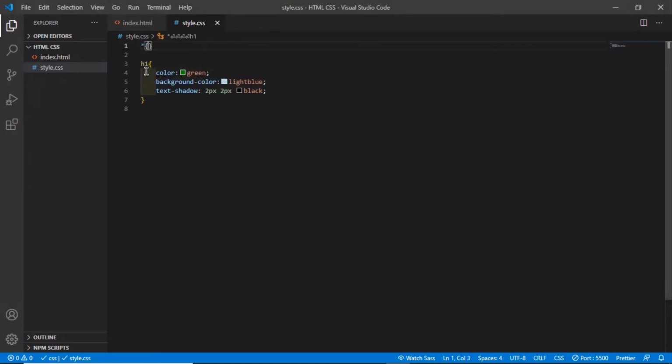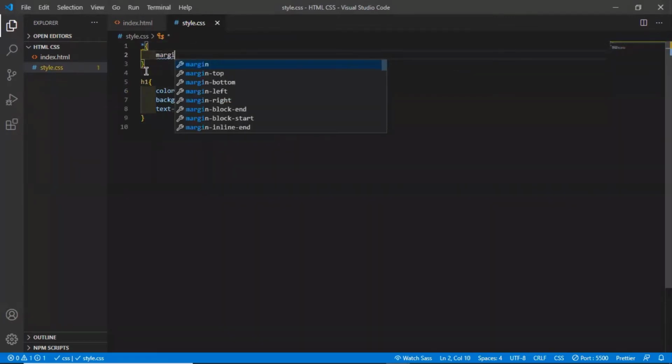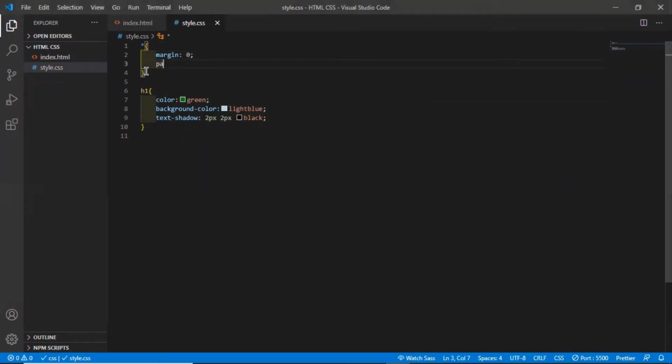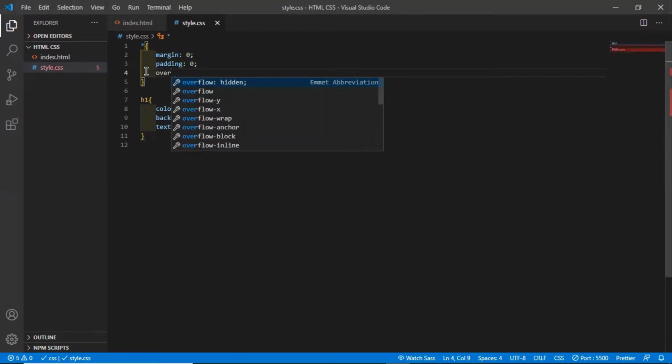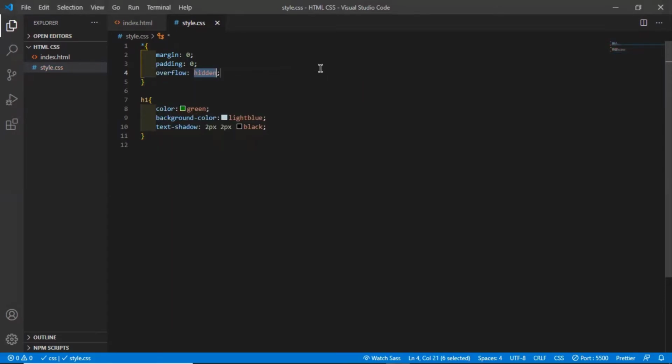Use this star, margin 0, padding 0. And just in case you want the things you are putting to display only and not overflow, you can do overflow hidden.